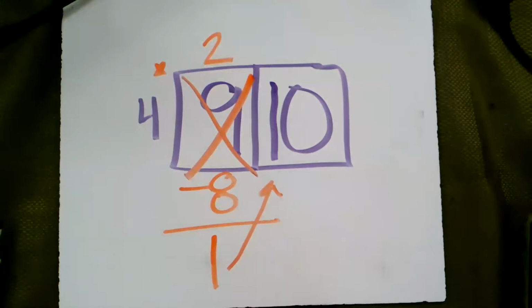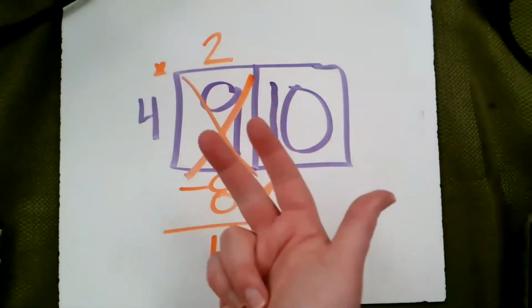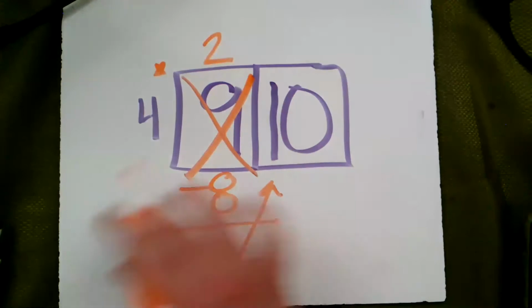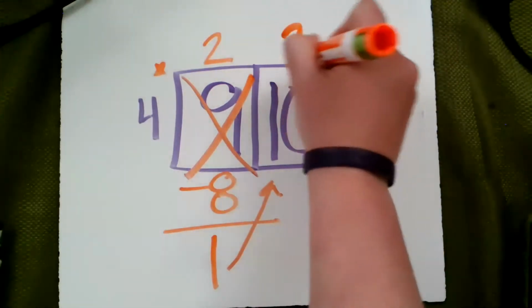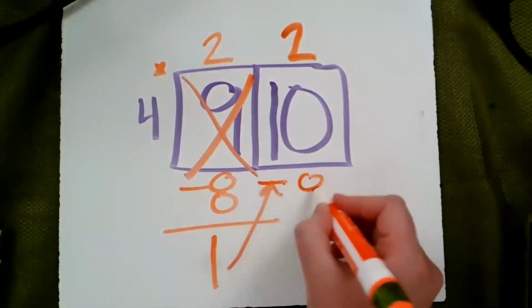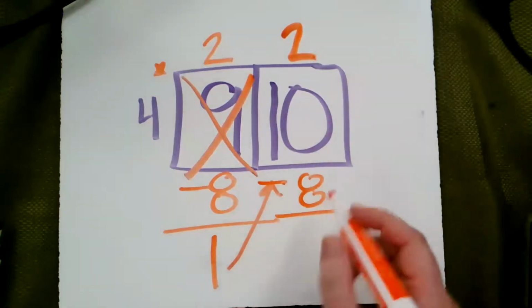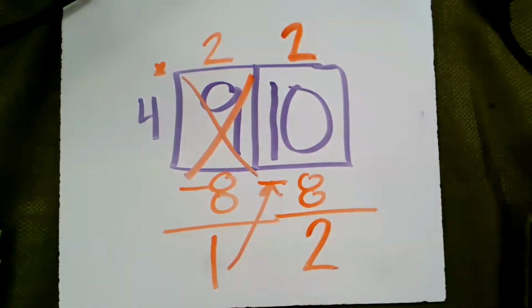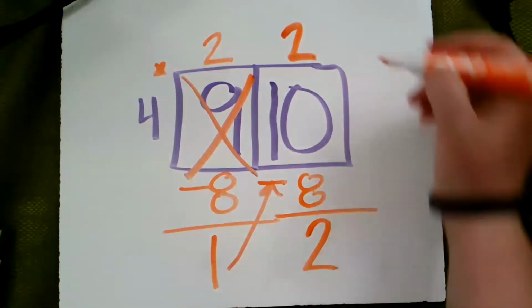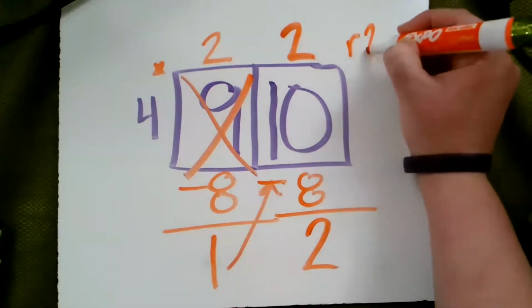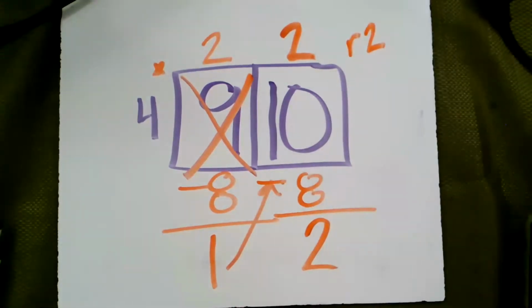Well, my multiples of 4 again. 4, 8, 12, too big. I can only do it twice. I'm going to subtract 8. And I got my 2 left over. So here's where we normally would write remainder 2. 22 remainder 2. And that's great if you're talking about cookies, or if you're talking about